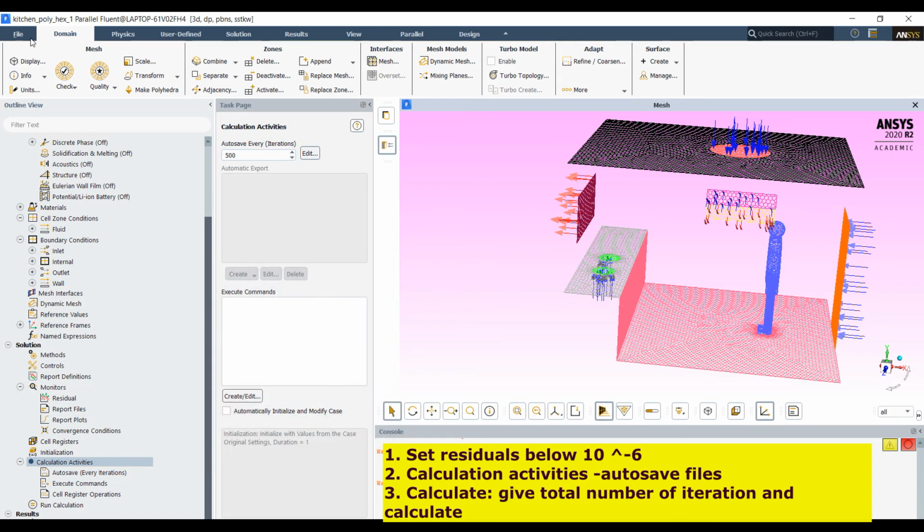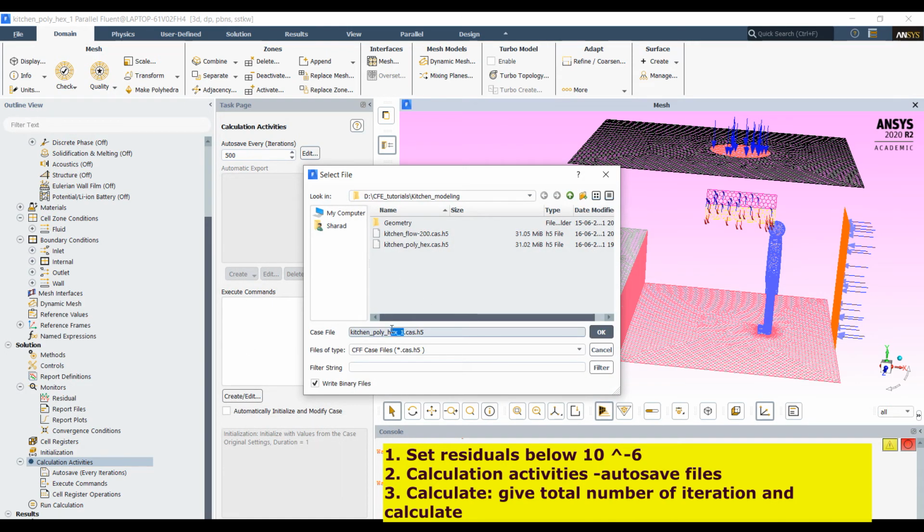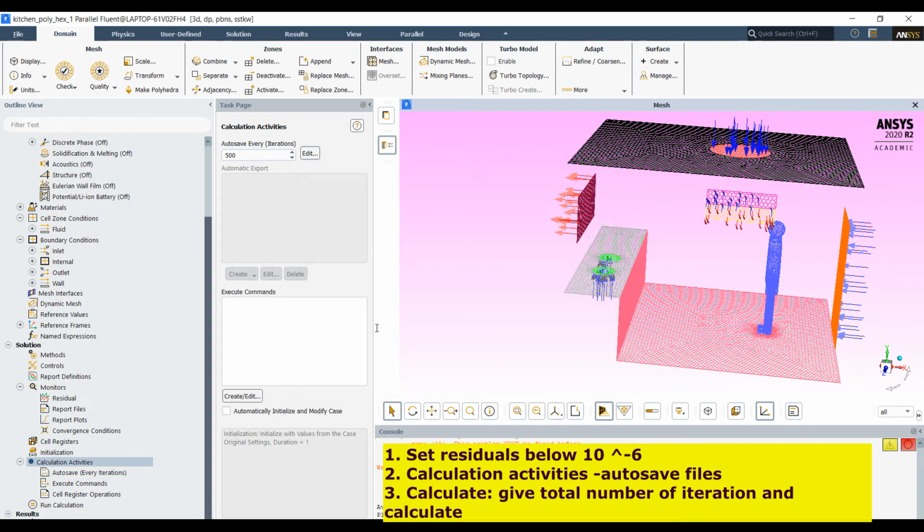Okay, this save, then write case file kitchen heat transfer. File will be saved.